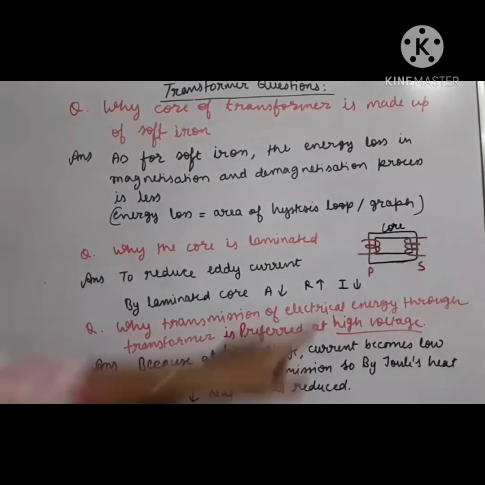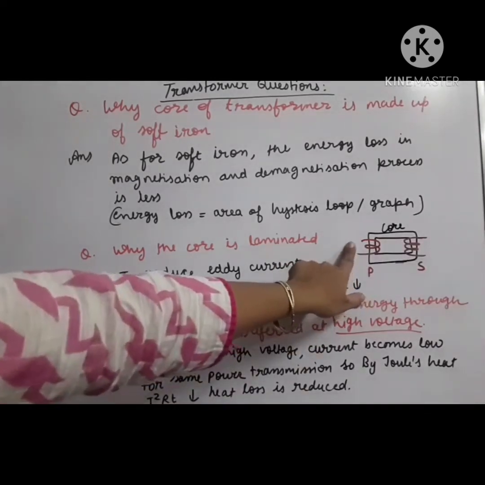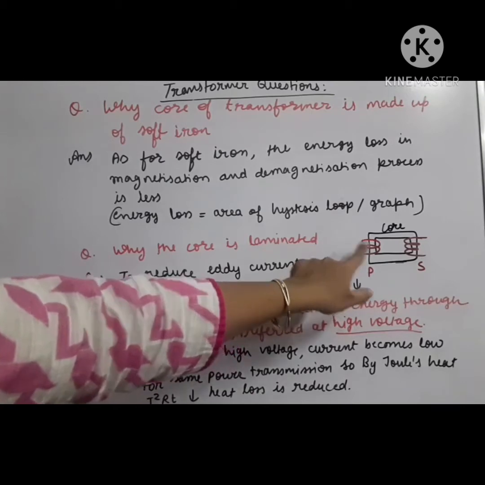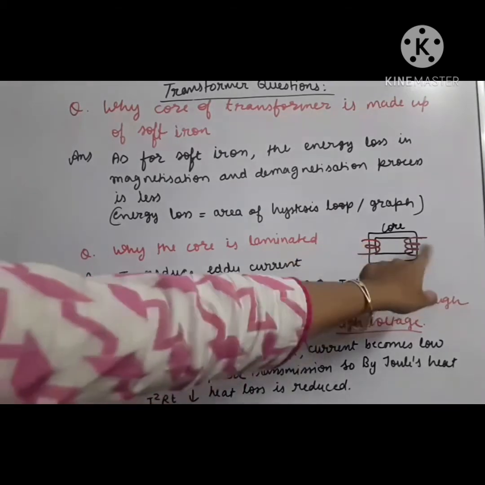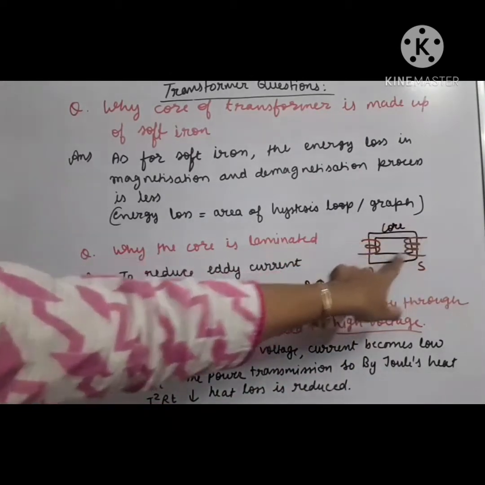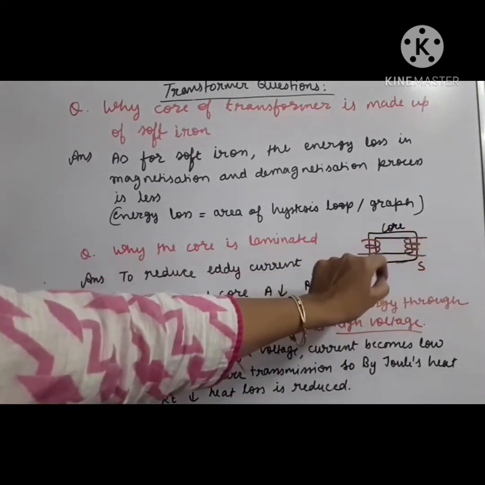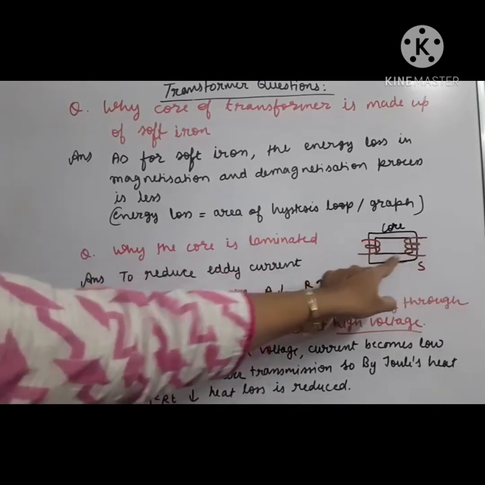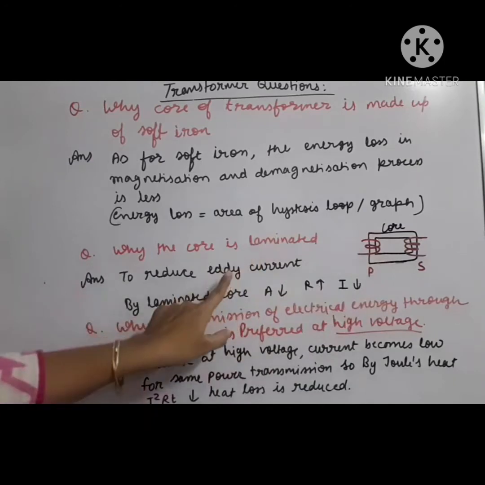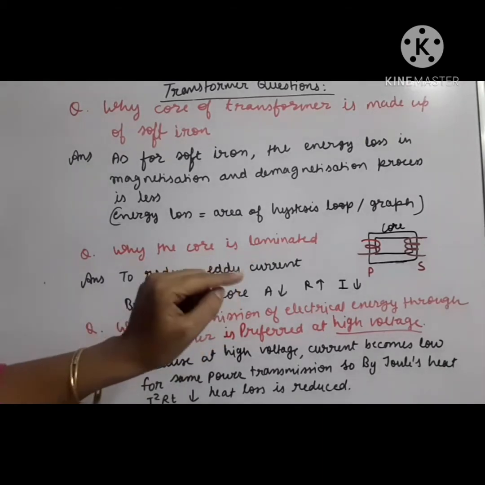Let's see this diagram. In the transformer diagram, we already have discussed that there is change of magnetic flux in the primary coil, in the secondary coil, but in the core also change of magnetic flux is there, and core is a plate, two-dimensional. So here also the induced current is produced. But what do we call this induced current? That is eddy current. Okay, whenever induced current is produced in 2D or 3D, then we call it eddy current. Now eddy current also makes loss, heat loss.